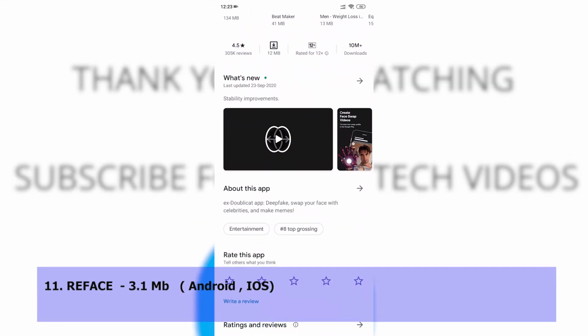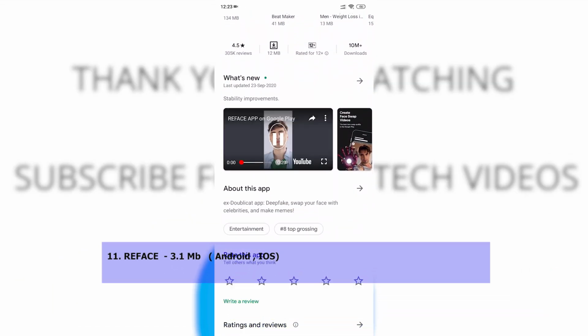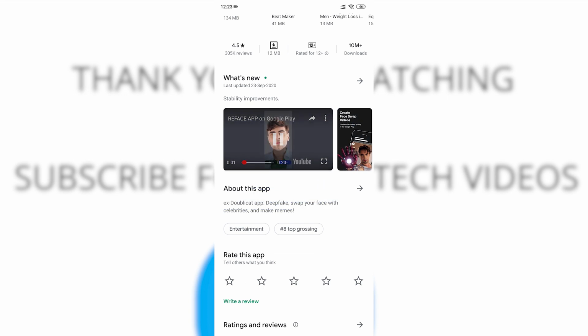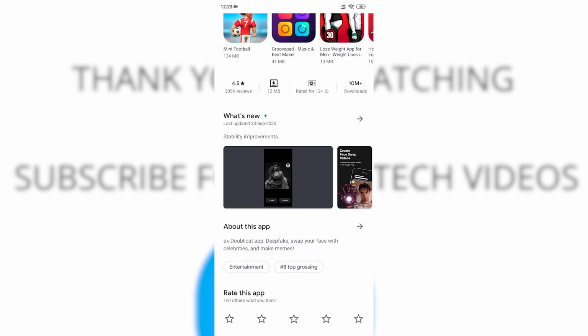Next up, we have a bonus app since you all decided to bear with me for this long. It is called the Reface app. In this app, you can crop the face of a person you want and then add the same face to a pre-existing video GIF on the app. It is really fun and interesting, and there is a lot of video GIFs within the app and you can share it to any social media platform.